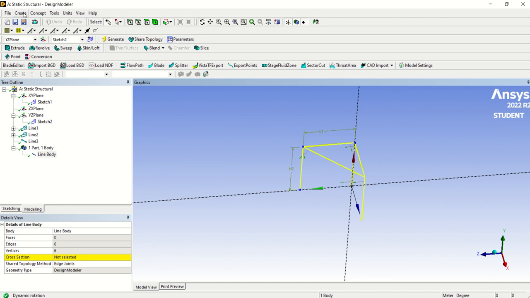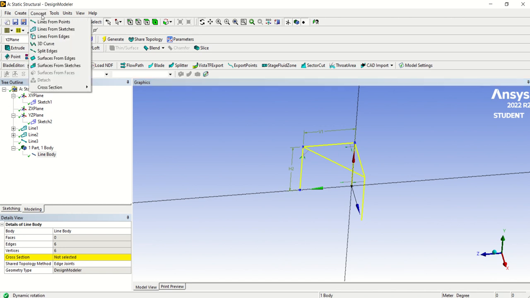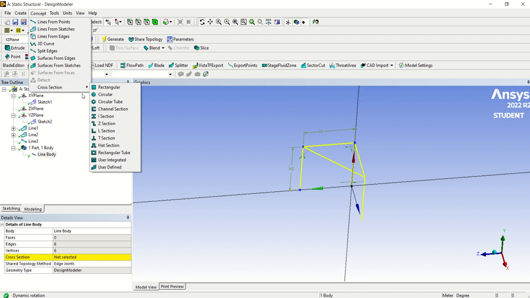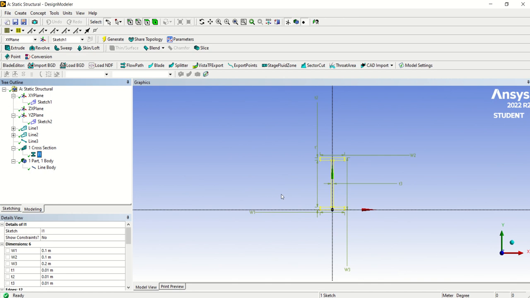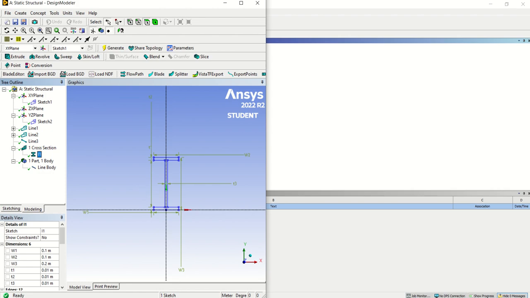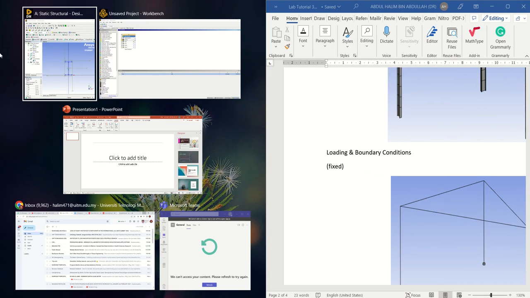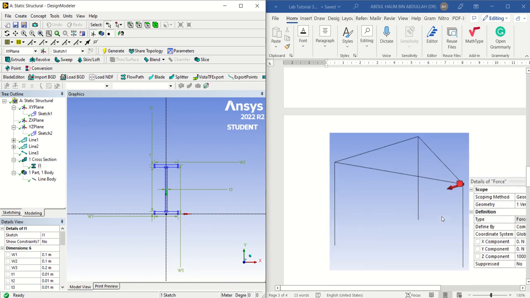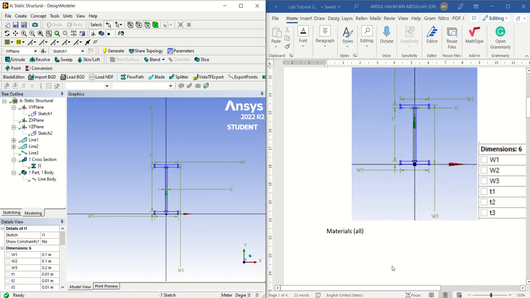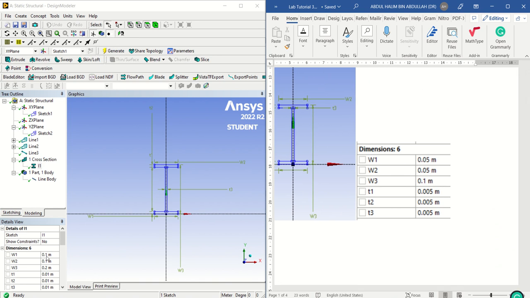Go to concept, cross section, click the I section. The detail of this is the dimension. To do that, put aside your details here. Where is our detail? Okay, this is the dimension. Change the dimension. This is 0.05, 0.5,